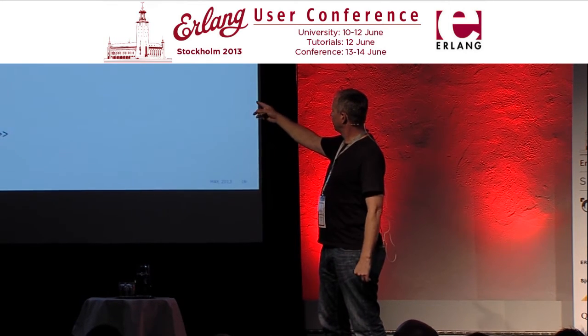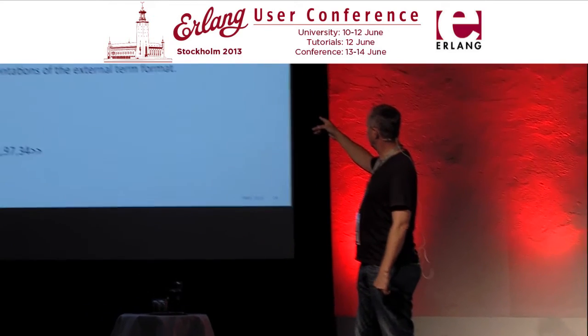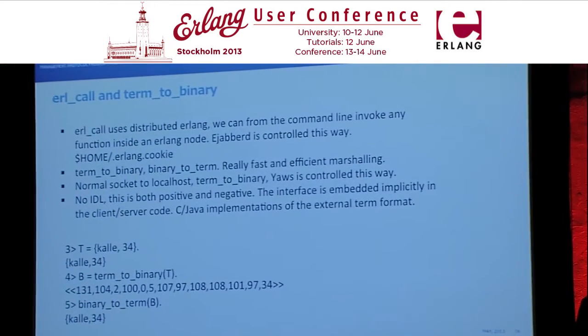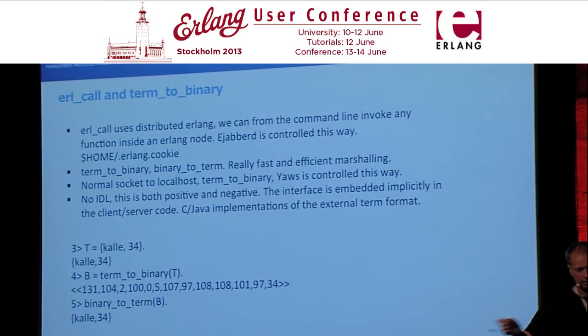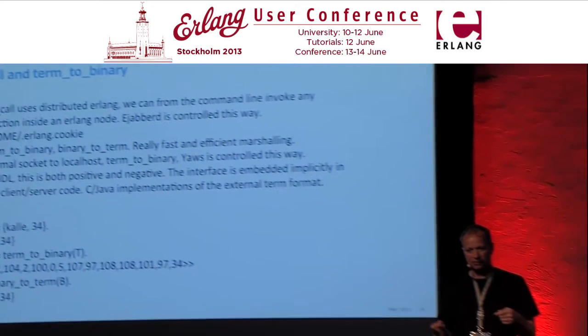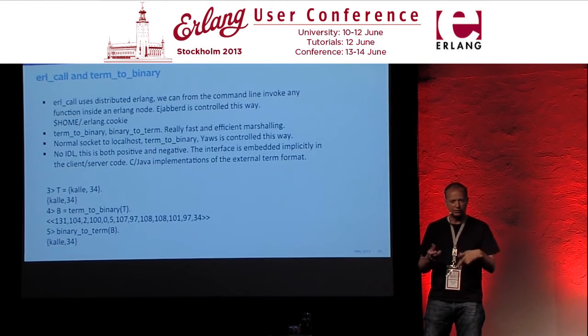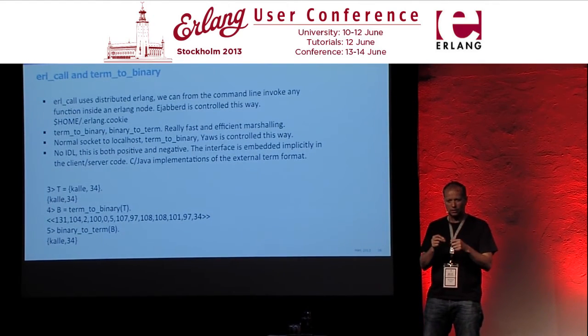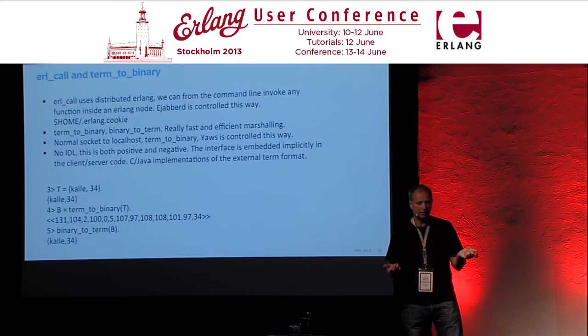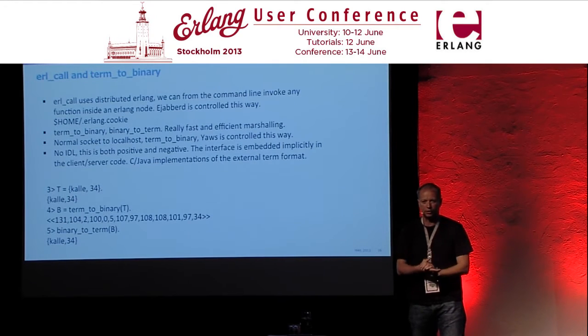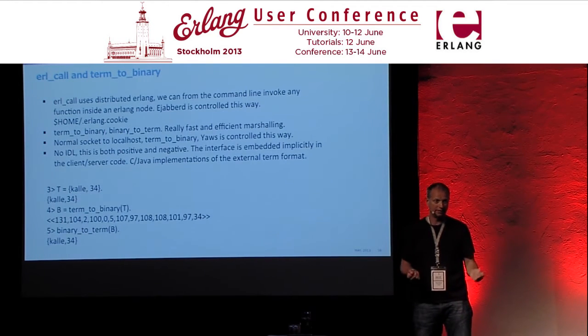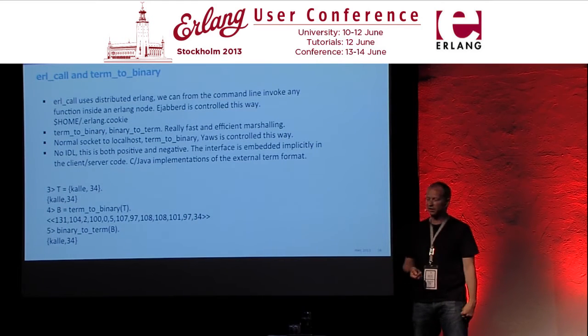Number 3 here: a normal socket to localhost, sending term_to_binary. ejabberd is controlled this way. So instead of using Erl call, just create a socket and send terms on it. And again, make up some other file-based security mechanism, so that only if you are within this group, or if you are this user, you are able to figure out the cookie, send it on the socket, and this is how it's done. It's remote controlling. You have the server, you want to control the server. At least you want to be able to stop it, right? That's number 1, without using kill.